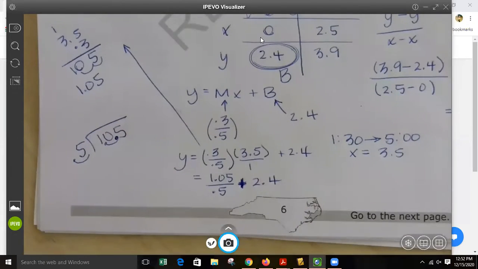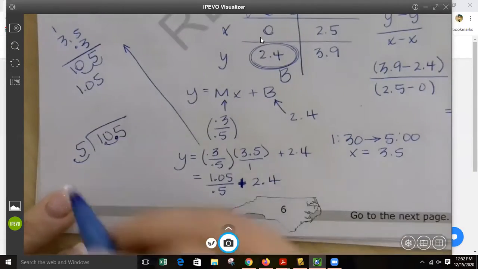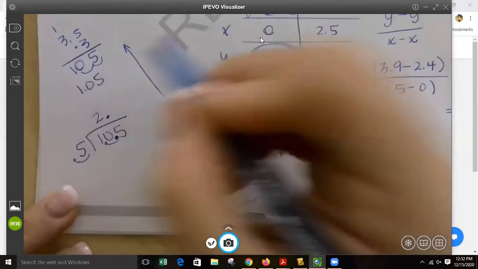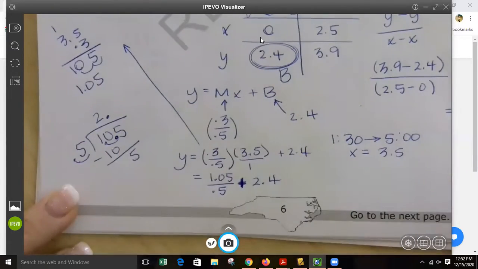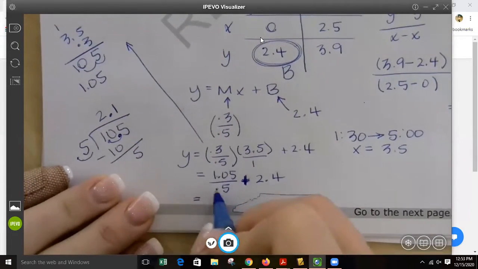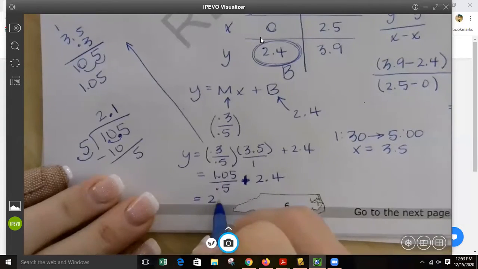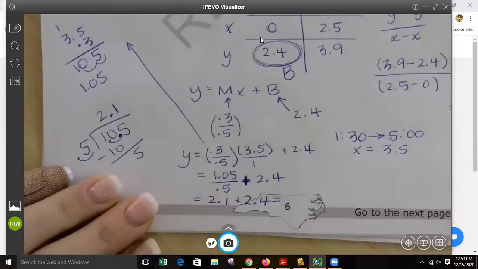So it would actually be 10.5 divided by 5. How many times will 5 go into 10? 2. Your decimal goes up here. That's 10. You have a remainder of 5. How many times will 5 go into 5? 1. So you get 2.1. So then down here, 1.05 divided by 0.5 is 2.1, plus 2.4 is